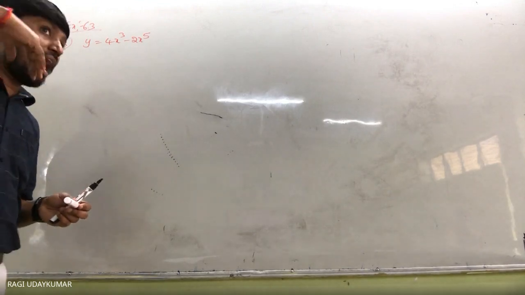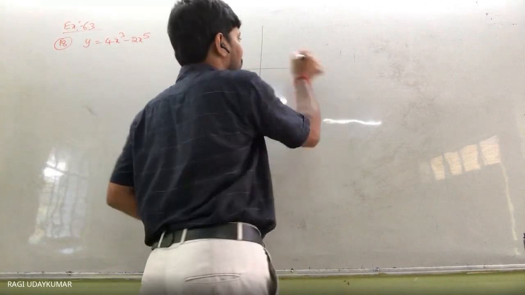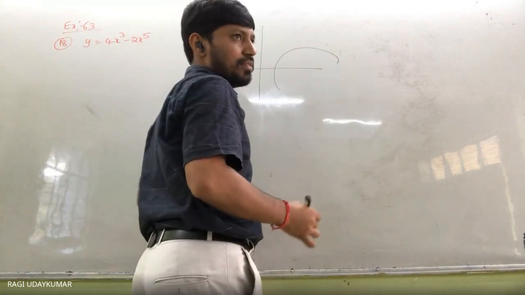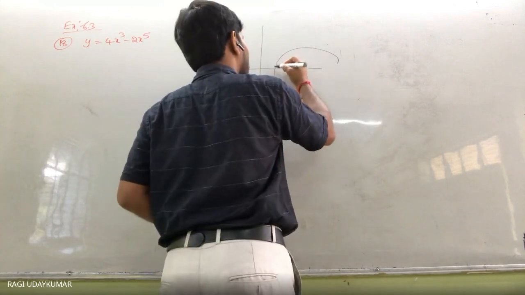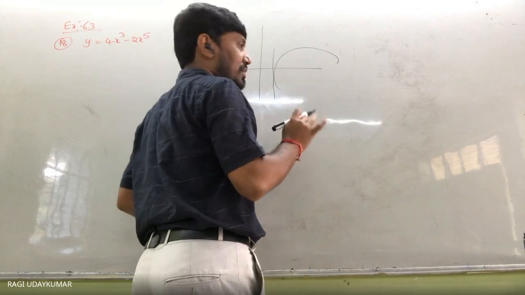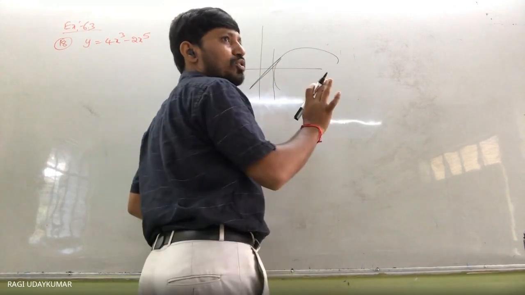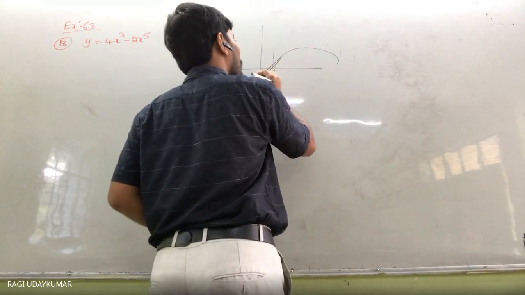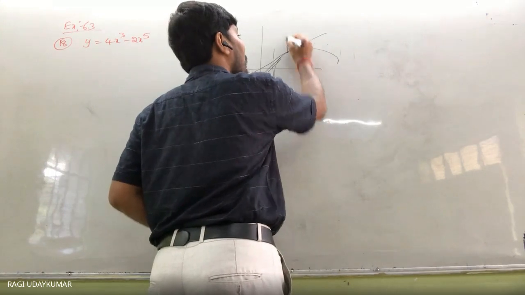Means tangent origin ki through, any diagram, rough diagram में बोल. Suppose if you are having like this curve, इसका tangent एक point पे है. Suppose ये point पे भी एक tangent होगा, but this tangent is not passing through the origin. ये point से भी एक tangent होगा, ये भी passing through the origin. इस point पे ले लिया तो हो सकता है like this. This point you need to find out.